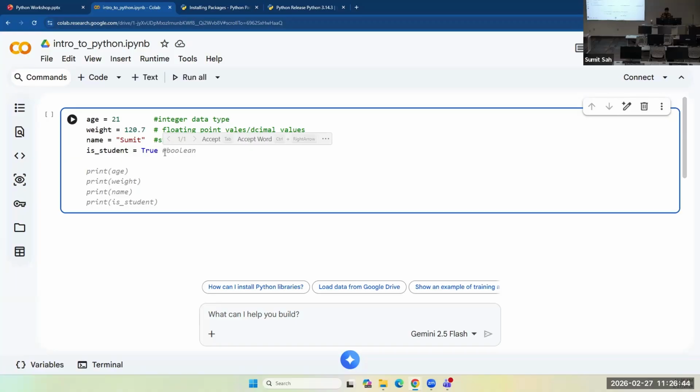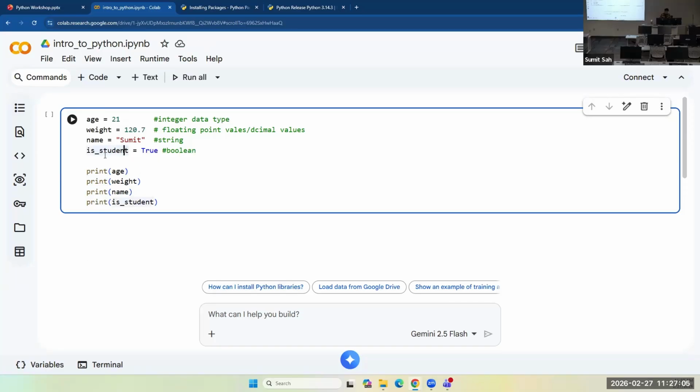To accept what AI gives you, you can just hit tab and it will all be here. Right now I'm not going to introduce the print statement in detail; you use print to print those values on the output, on the console.